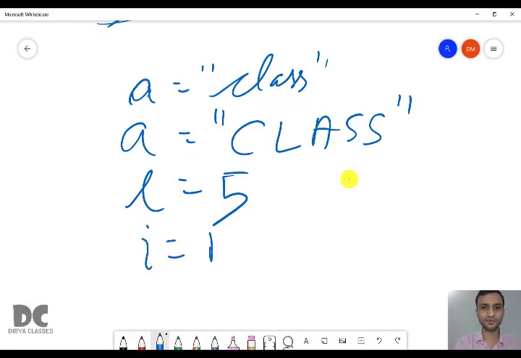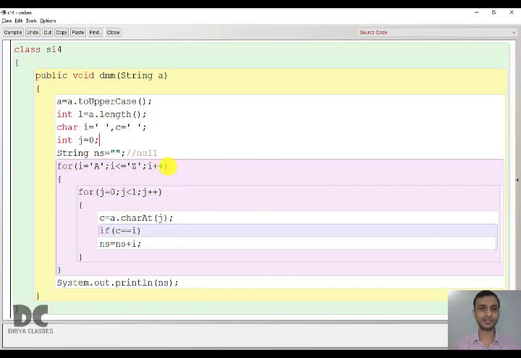Loop I will be A, then I plus plus, automatically A will become B. That is A plus plus. It means it will take the ASCII value, that is 65 for capital A, plus 1 it will be 66. Again it will get converted to a character, that is B, automatically. 66 is the character B. It will be done automatically through typecasting. So the next character will be, then plus plus, it will be C, and it will go till Z.